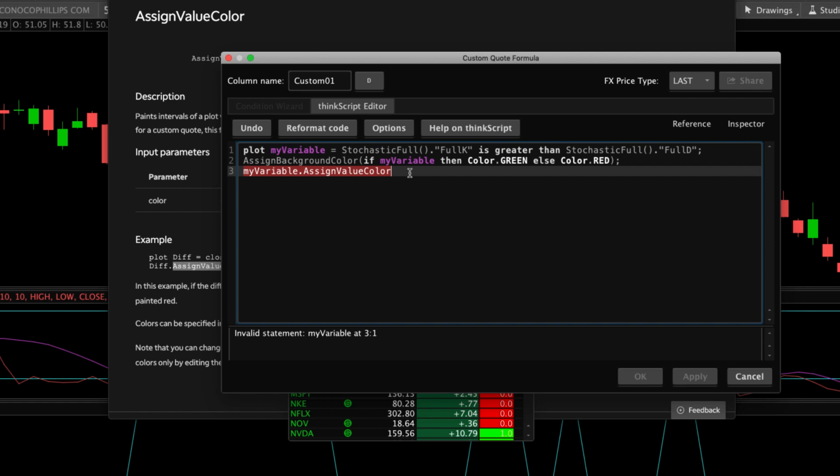Now we need open and close parentheses. So we'll put those in, and we need to end it with the semicolon. Notice every single line here has ended with a semicolon. Every time you've got a new line, it has to end with a semicolon. Now that is red because we need to include a color value. So I'm going to select Color.black,